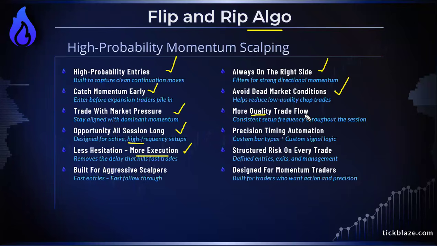Everybody trades pullbacks, but you could have a trend, right? And you have one, two, three, four pullbacks. Nobody knows which pullback has a higher probability of working or not. So the goal is always to try to increase the probability of the setups, which gives better quality to the trade. And for timing automation, that's why we use algos. It's all about timing the signal, the entry, the execution,